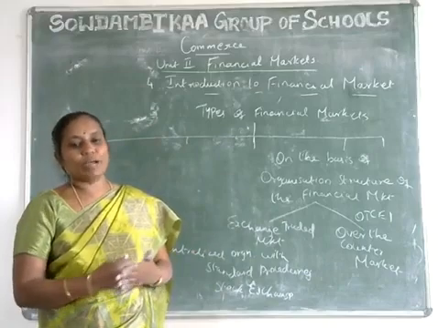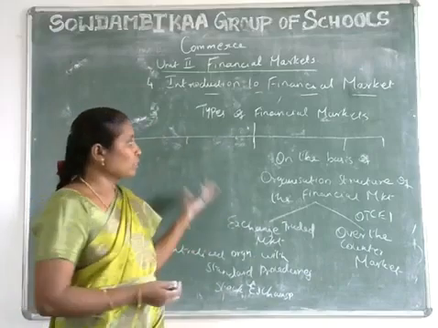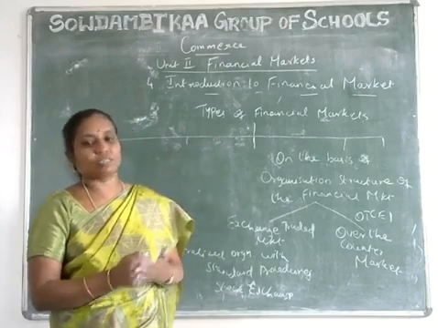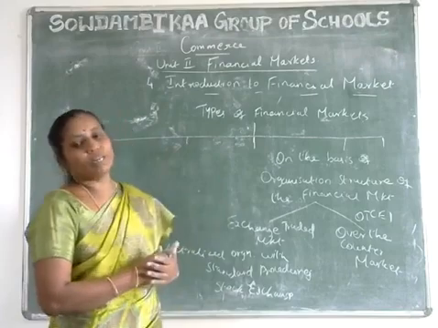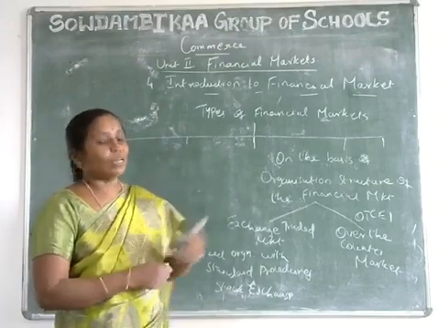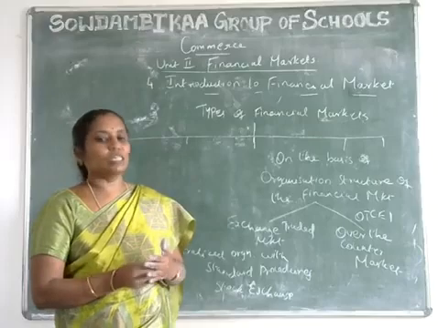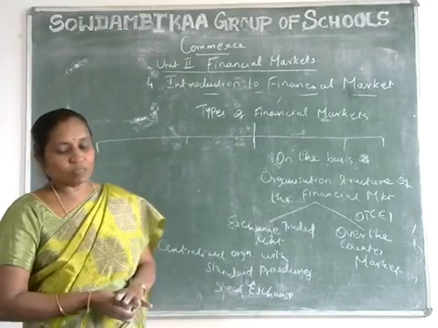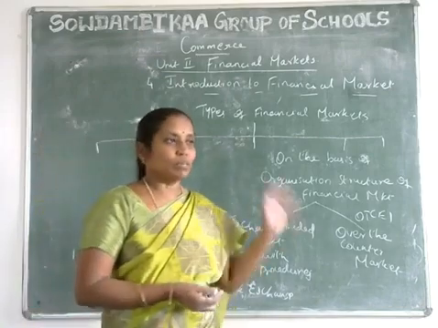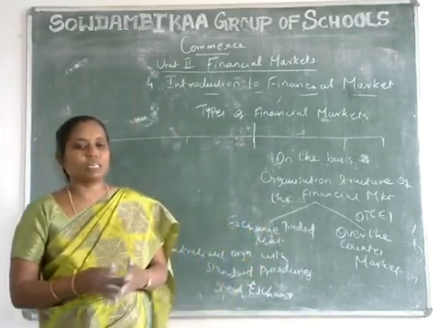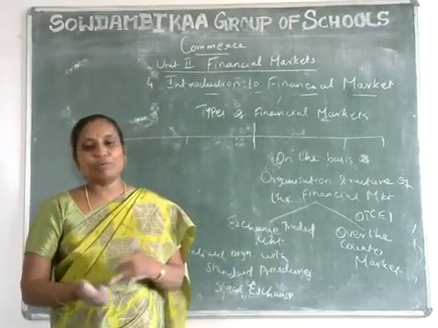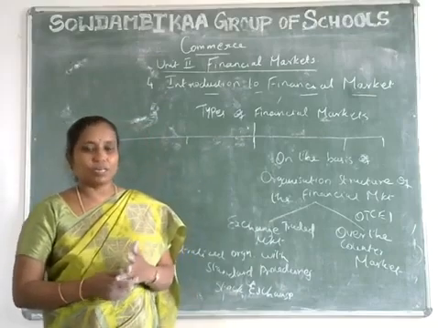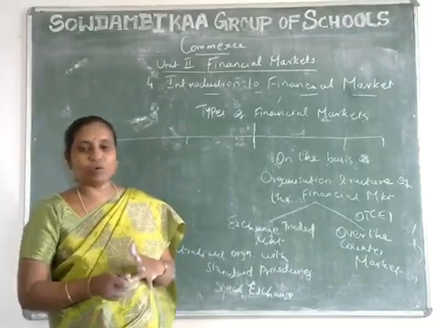And what is the scope of the financial markets? Financial markets provide facilities to the government sector, agriculture sector and industrial sector. They also provide long-term and short-term financial claims, and help the overall financial development. What are the types of financial markets? You have here five types. The first is on the basis of type of instrument: debt market and equity market. Debt market means debt instruments are traded. Equity market means equity shares are traded.